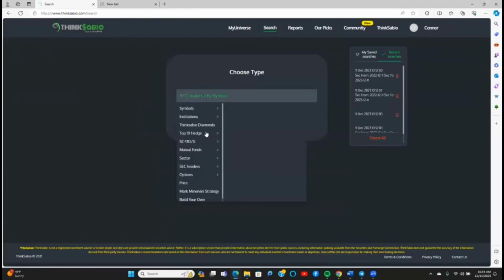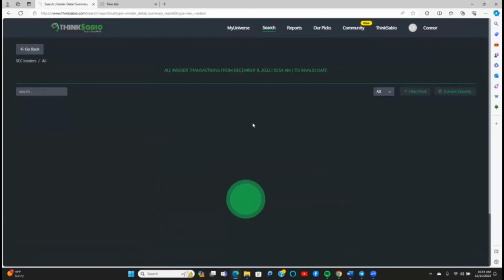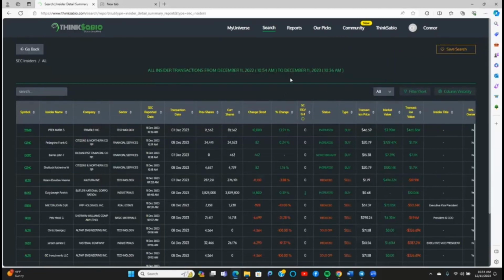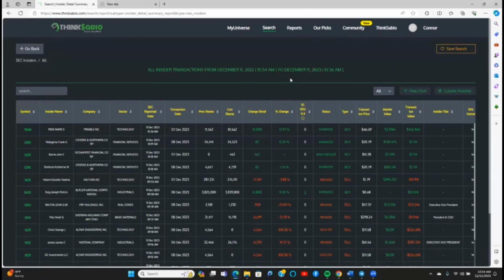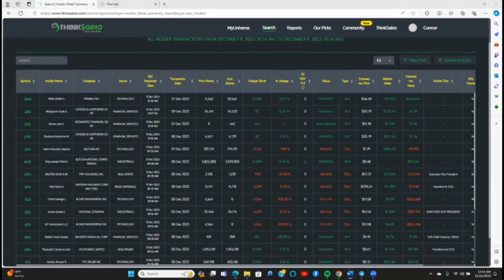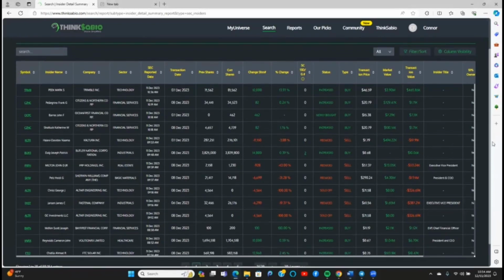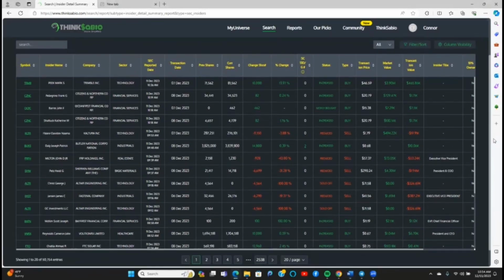And last, but most definitely not least, we've got the all insider transactions report. This is kind of similar to the first report, but it tracks all the transactions from the previous year. So it's very in-depth, but it's also wide-based. So it shows all the insider transactions for each stock, for each insider over the past year. So it kind of has a similar layout. It shows the symbol of the stock, the insider that bought it, the company name, the sector that they work in,